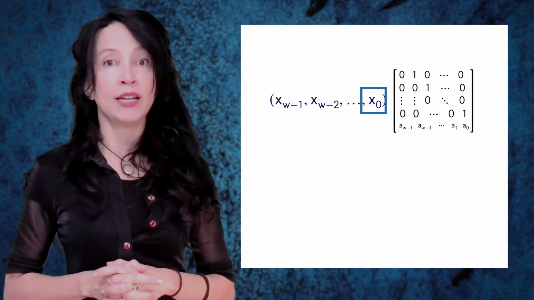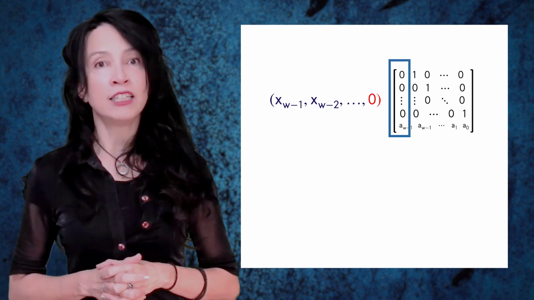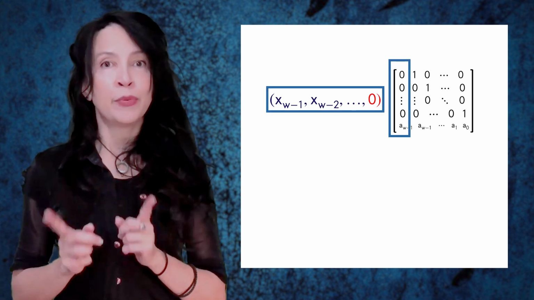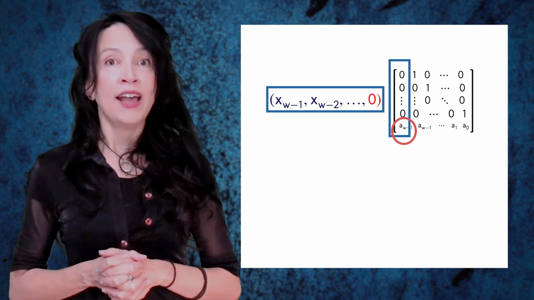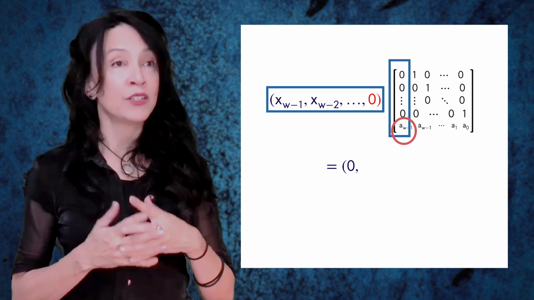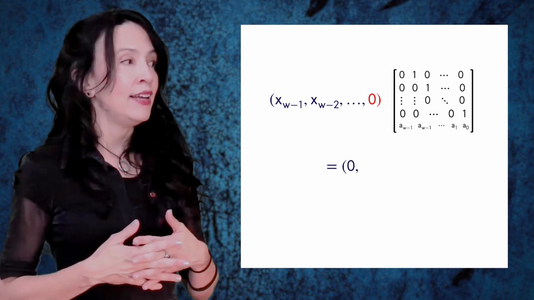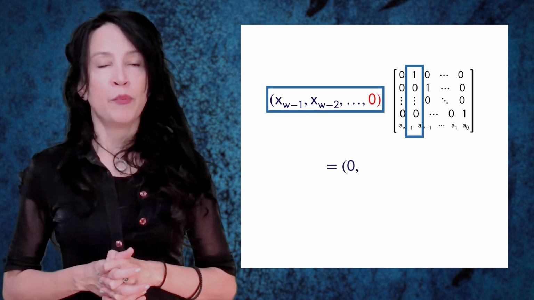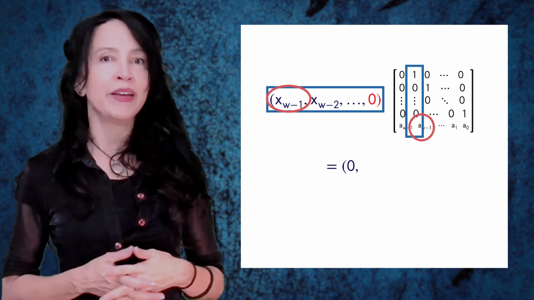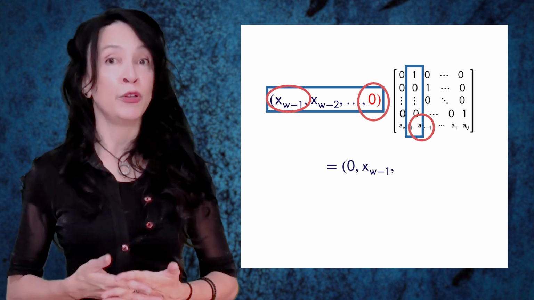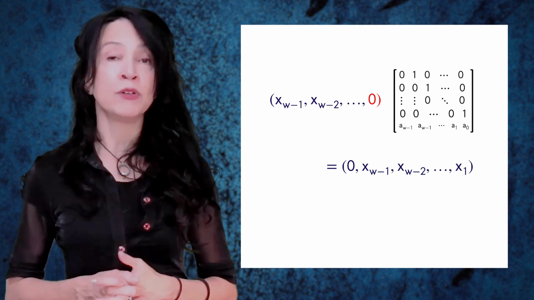This x0, this one bit, is either 0 or 1. Let's look at the case when it's 0. You know from matrix multiplication that you're first going to grab this column and multiply it by this row component-wise and add them up. And if this x0 is 0, you're not going to get that a. It's going to disappear. And in fact, you're going to get 0 for the whole thing because all of these are 0. So our new 1 by w vector is going to start with a 0. In taking the next column of A, we're going to pick up this x(w-1) when we multiply by 1, and yet this a here is going to go away because we're assuming there's a 0 over here. So we're going to get x(w-1) on down. If you finish this out, you're going to get this vector, which we can describe as the original x vector